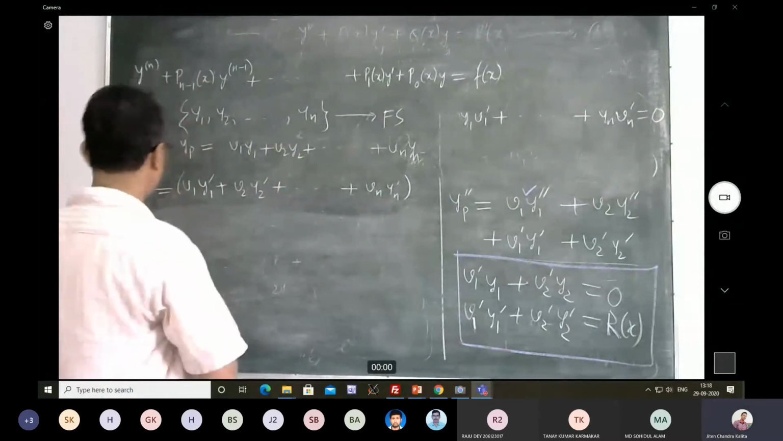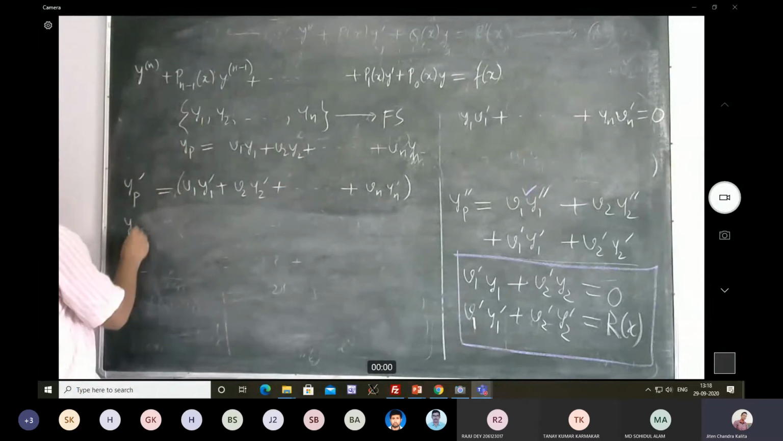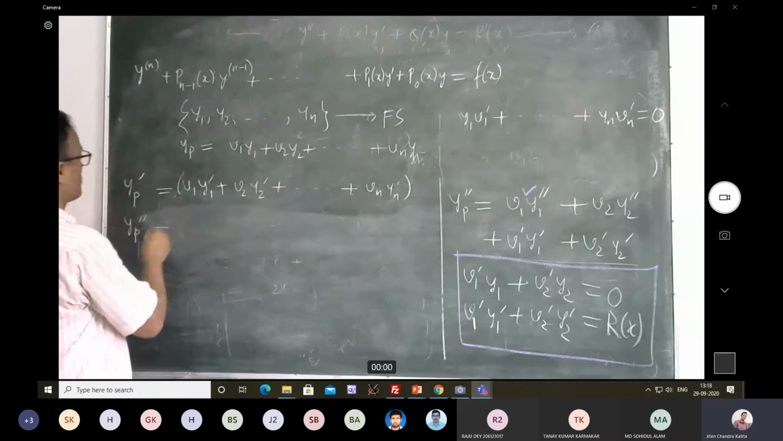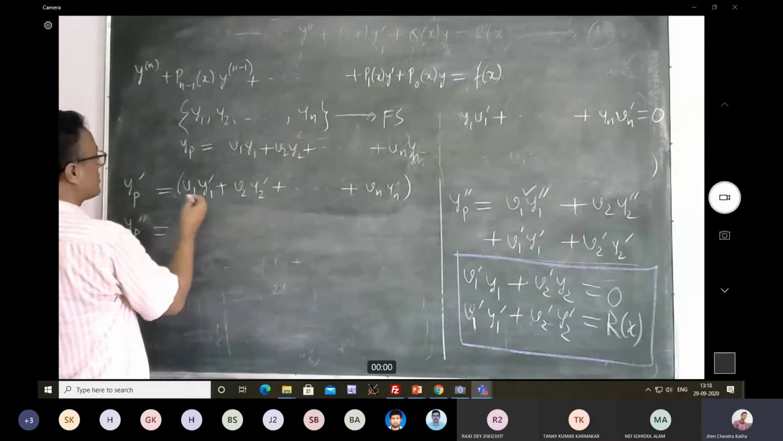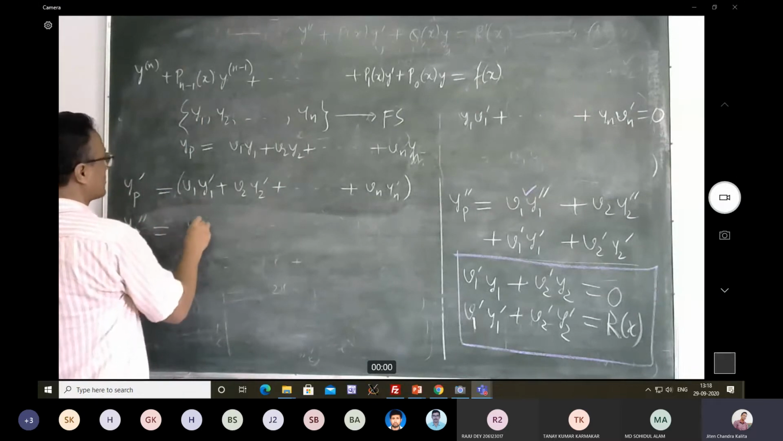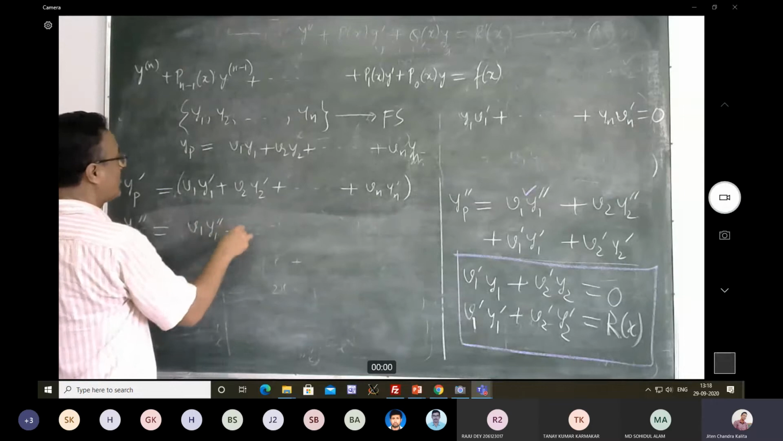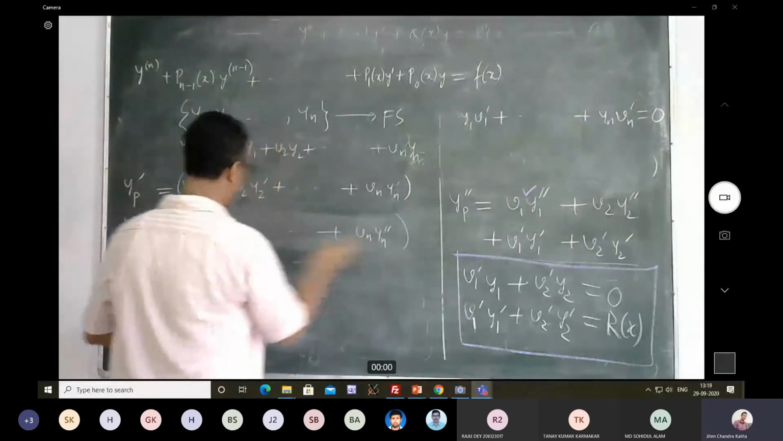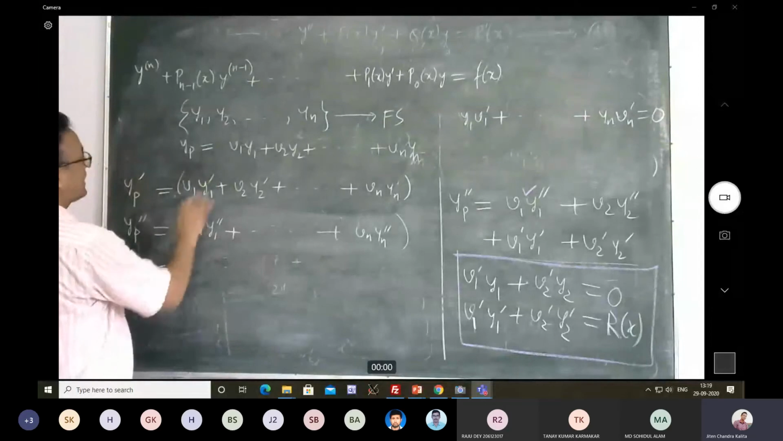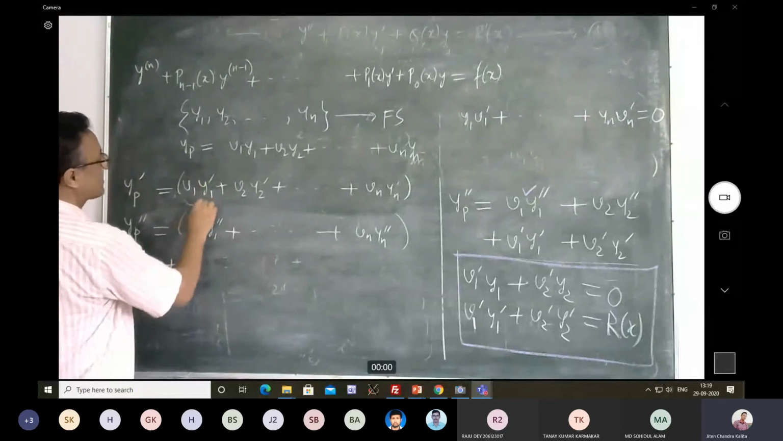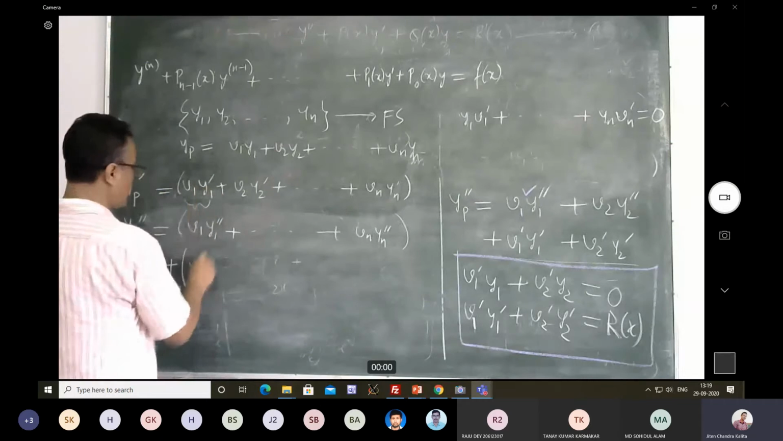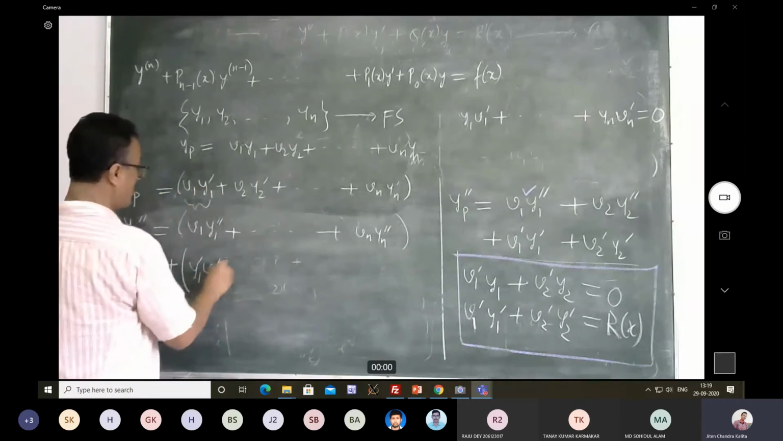Right? So then what will be yp double prime? As before, I am going to take this as v1 y1 double prime up to vn yn double prime. And then again the second part, you just simply concentrate here. So it is going to give me y1 prime v1 prime up to